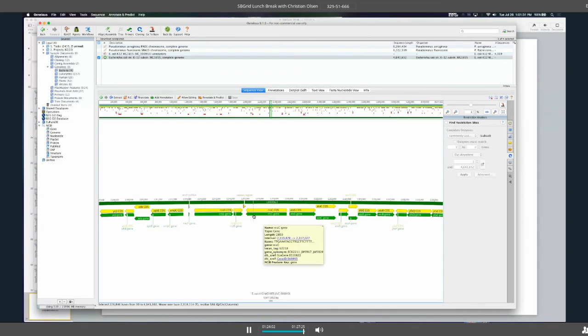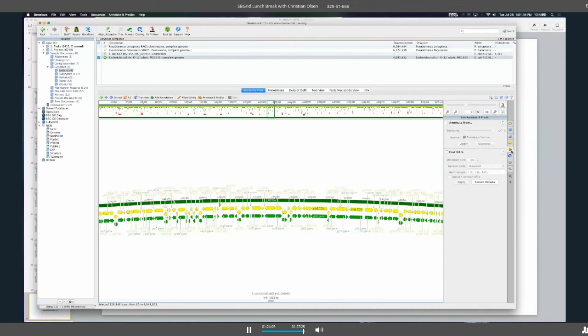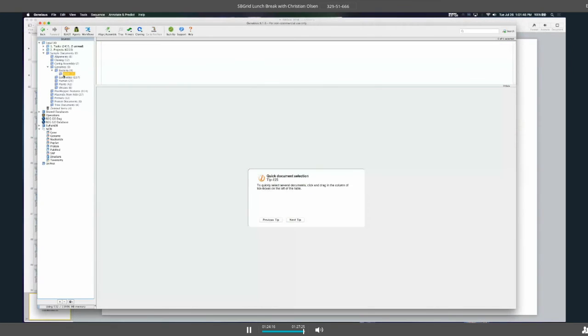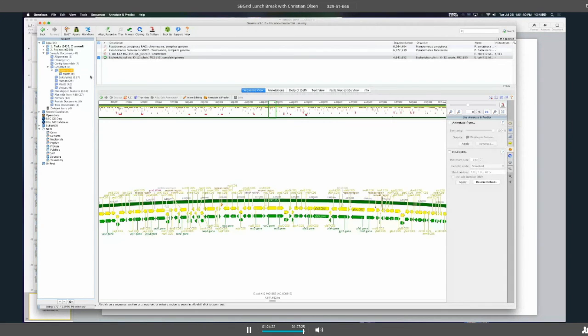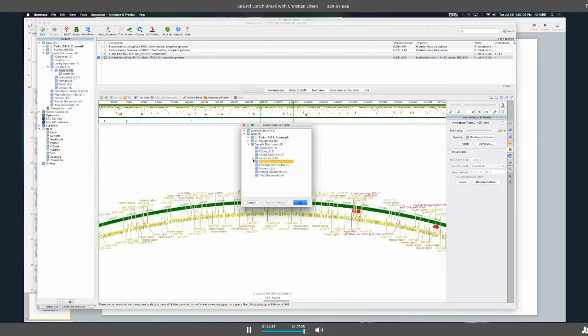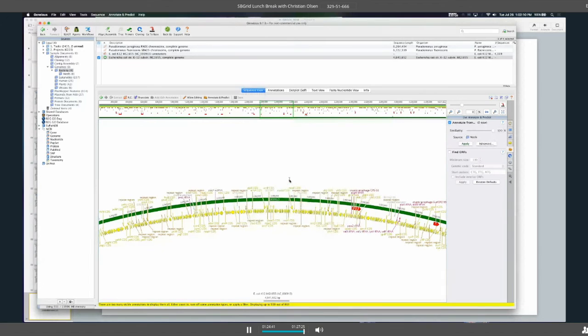So let me point out a tool. Here I've got my E. coli genome. This orange tab over here to the right, this is where you can annotate from. So if you have a folder, and I'll just create a new folder of motifs, I'll call this motifs. In this folder, I can put however many motifs I want. If I would like to see if my sequence of interest has those motifs, I can simply point to that folder. This is underneath genomes, bacteria. So I'll point to the motifs folder and select OK, and any